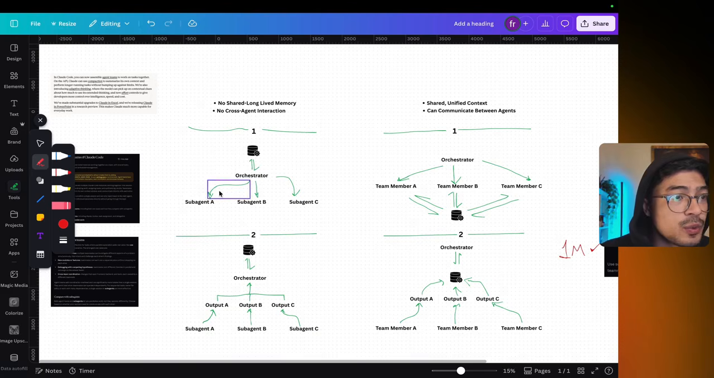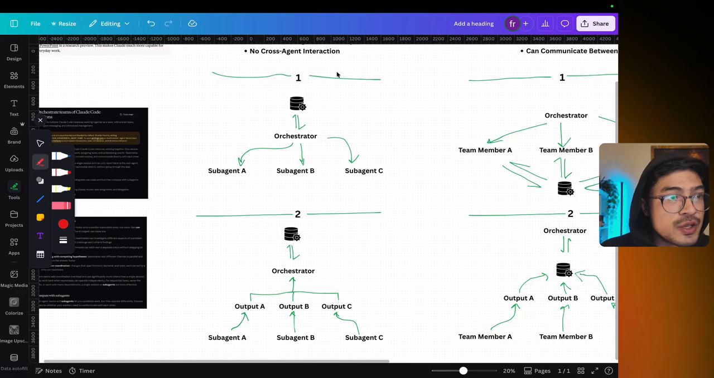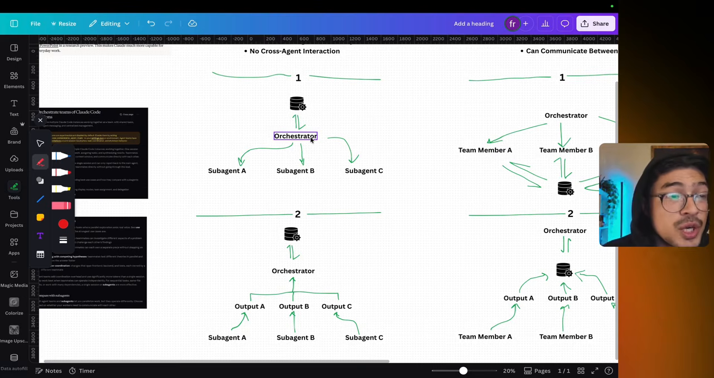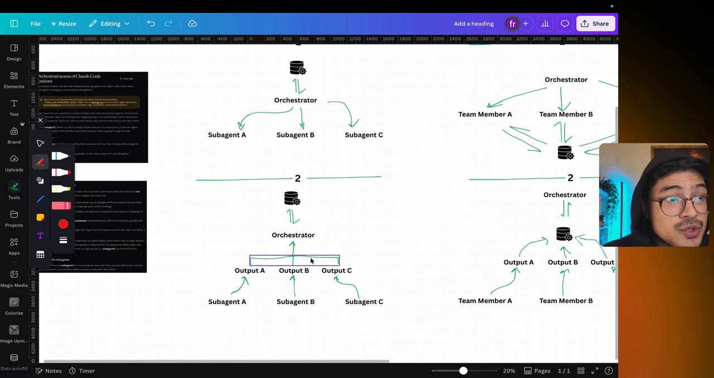So on the left here, we have the sub-agent architecture and we have 2 phases. The first phase or stage is where we as a user go to the orchestrator, right? The main agent, and then we give it instructions. The instructions are going to be given to the different sub-agents, and they're going to do their task, and once their task is complete, their outputs are going to go to the